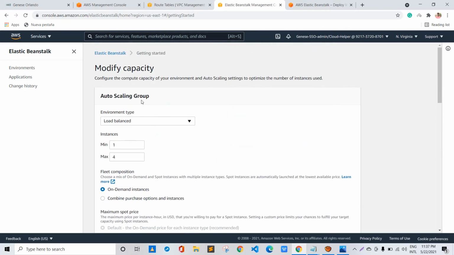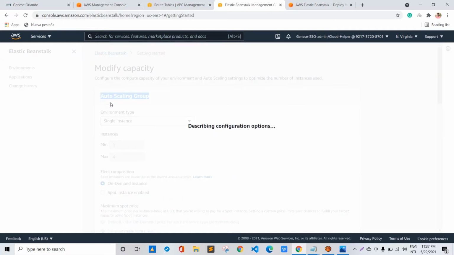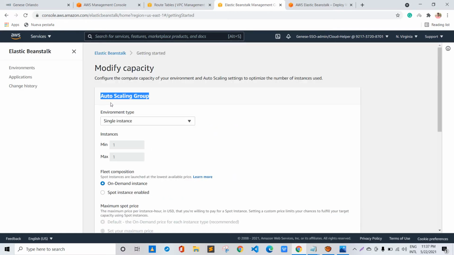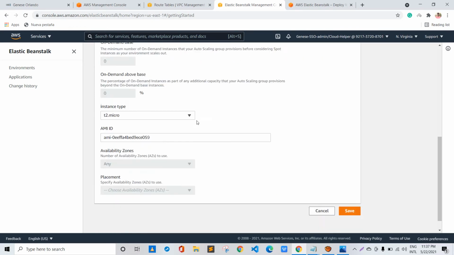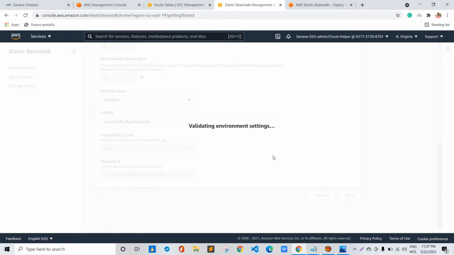So here is an option, auto scaling group. Here is an option of load balanced, and if we choose a single instance, then we will not be able to. So I have chosen the single instance over here, and I'll click on save.